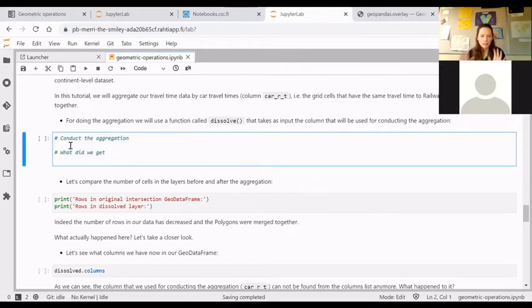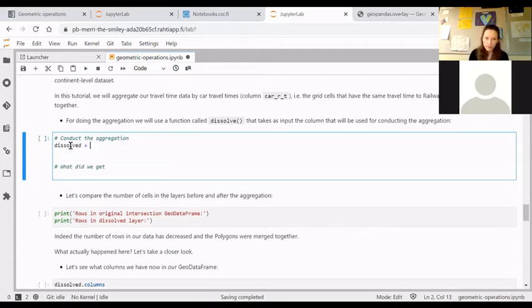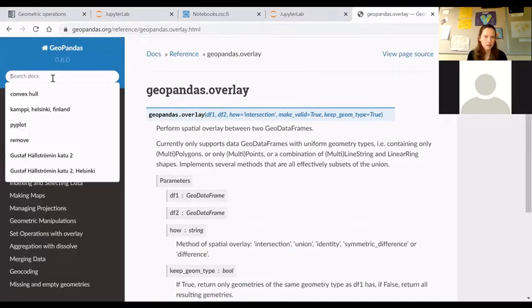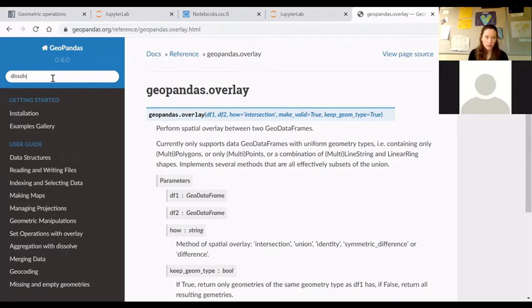So let's do it first and then see what we actually created. So the operation is called dissolve. So let's call it dissolved. And we have this starting point, the intersected data. So the grid square is covering Helsinki. And if we use this GeoPandas dissolve, let's actually check the documentation